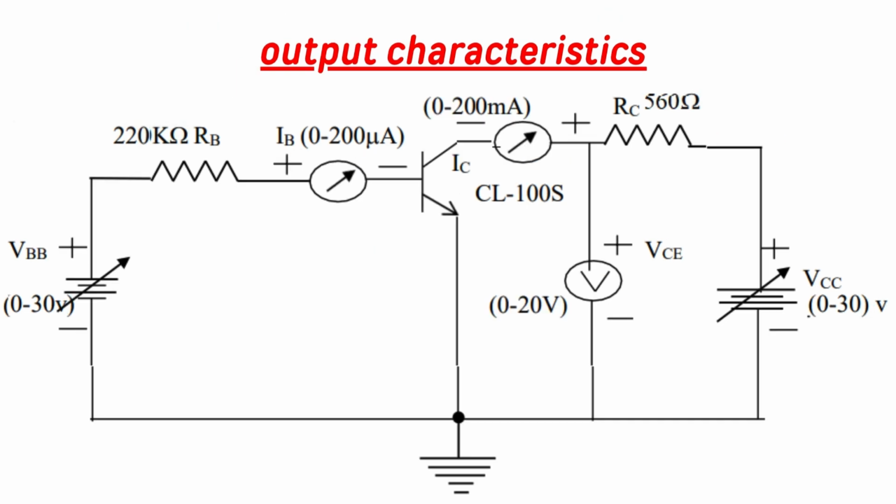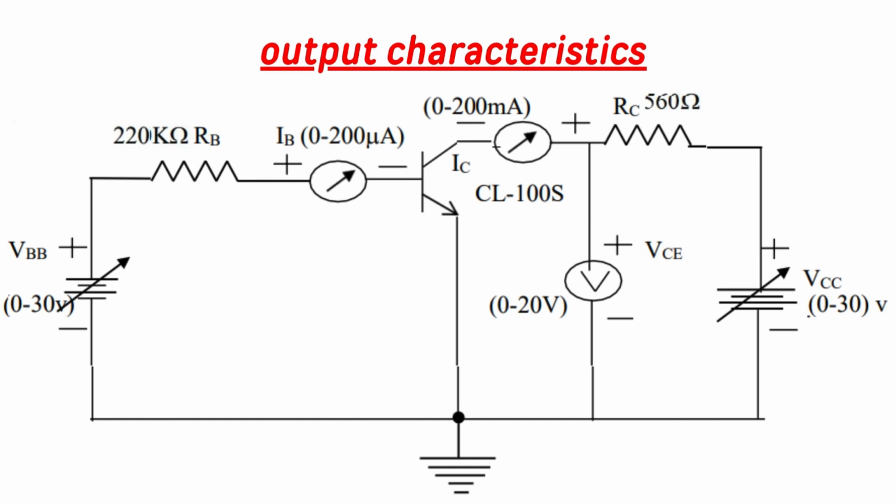Output characteristics. Output characteristics are drawn by considering output voltage, which is nothing but VCE, and output current. Output current is called collector current IC. Since the collector current is more compared to the base current, which is in milliamperes, that's why we are placing a 0 to 200 milliamperes ammeter. Output characteristics are drawn between collector current IC and collector emitter voltage VCE, by considering different values